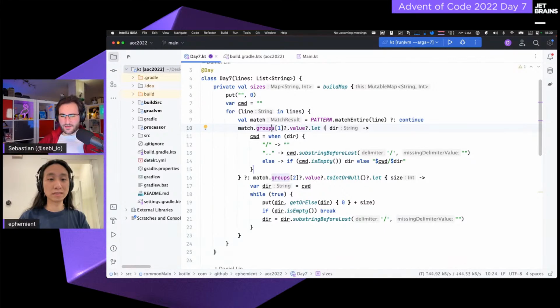And okay, so this is just kind of your branching. And what I'm seeing up here is that you set your current working directory using pretty basic logic. I mean, if it's slash, you're just going back to the beginning. If it's .., then you're just going to remove everything that's after a slash. So you're removing the current directory, kind of like popping it off. And then in another case, if your current working directory is empty.